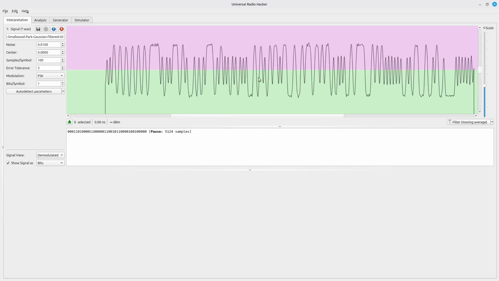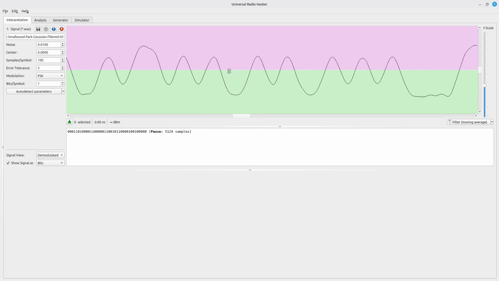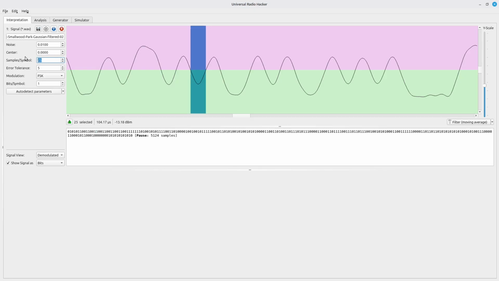And you see these impulses, these shorter impulses. The shortness is due to the Gaussian filtering. It's a consequence of the Gaussian filtering. But I'm going to take one of these shorter impulses and click and drag in between these pulses, and look, it says 25, just what we calculated. So I'm going to set that to 25. Error tolerance, I'm going to go ahead and leave that at 5.